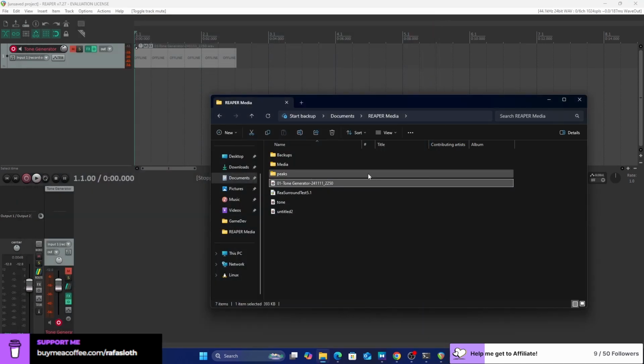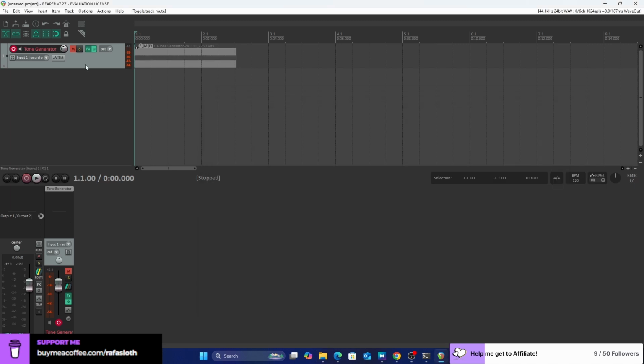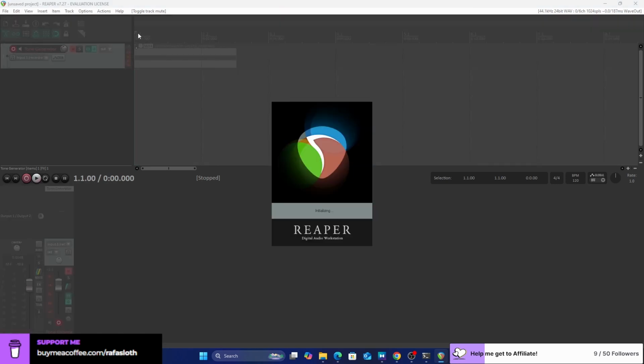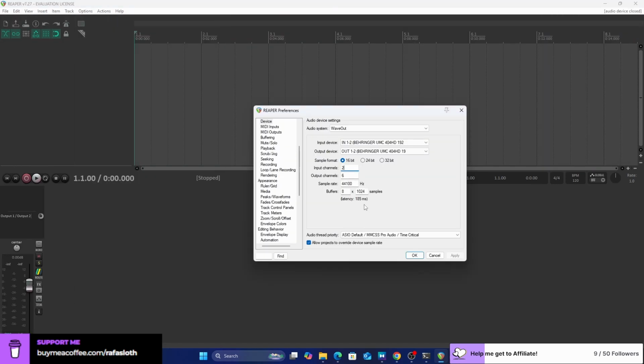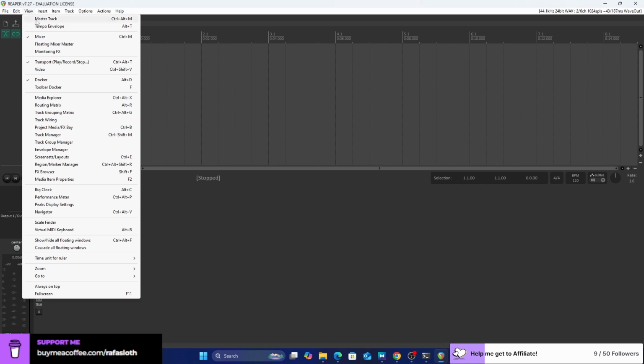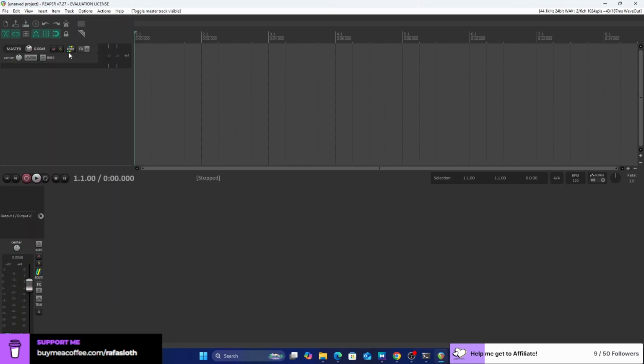Okay, so I have now the file of the tone. Now we don't need this anymore. Now we need to display the master track and click on the route.